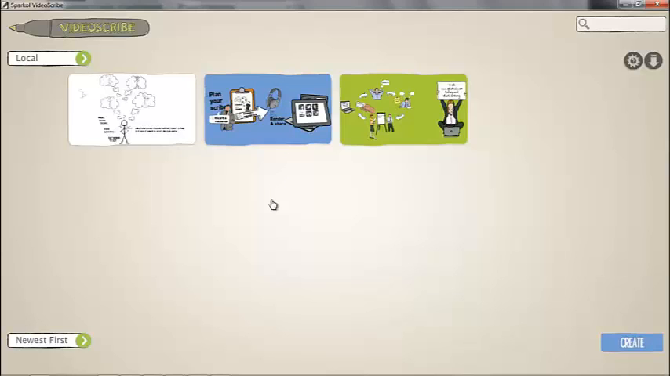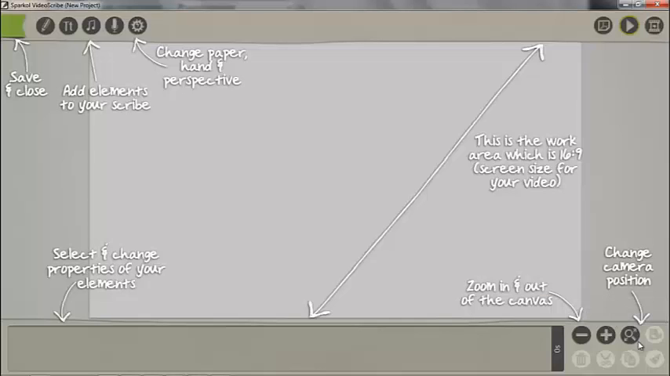Today, for the purpose of this demonstration, I'm going to create a very simple scribe from scratch just to illustrate how the tool works. But in a real life situation, I would have a script written out on paper that I wanted to create my scribe around, or maybe an idea in my head that I wanted to illustrate with animation. So to get started, I'm going to click on the blue Create button, and this brings me into a